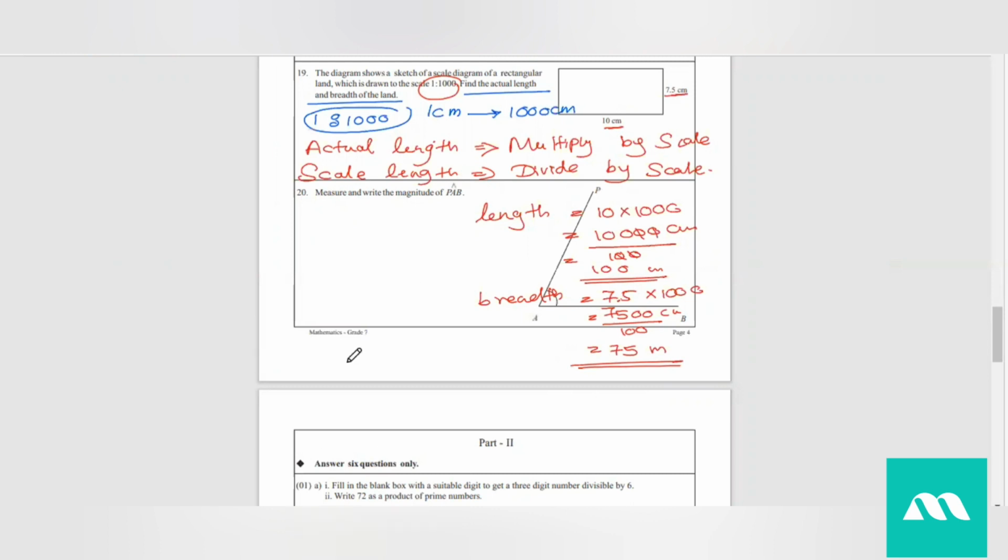No, teacher. Now did you understand the way of obtaining the actual length? Yes, teacher. Okay. What about the